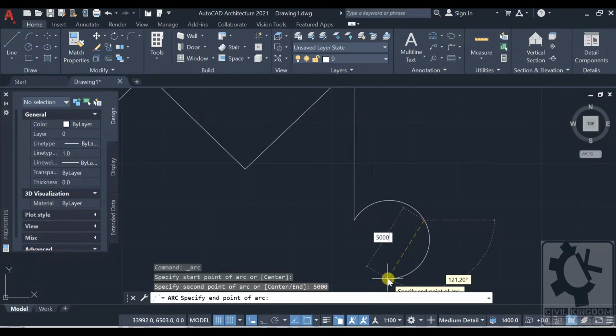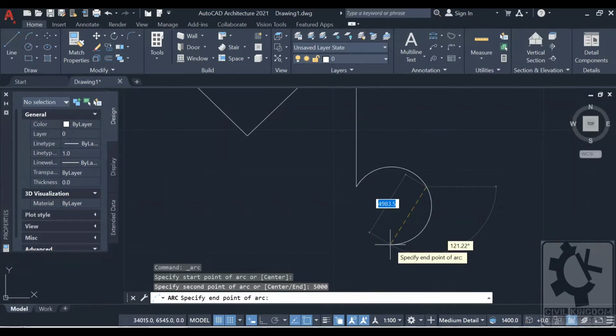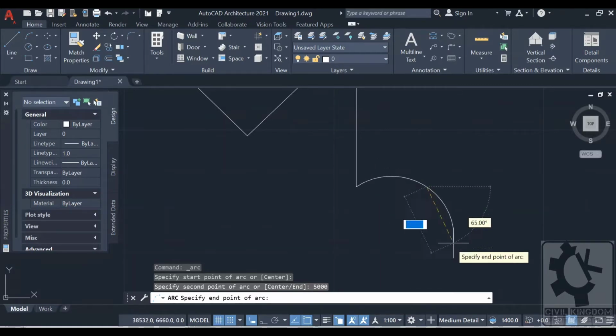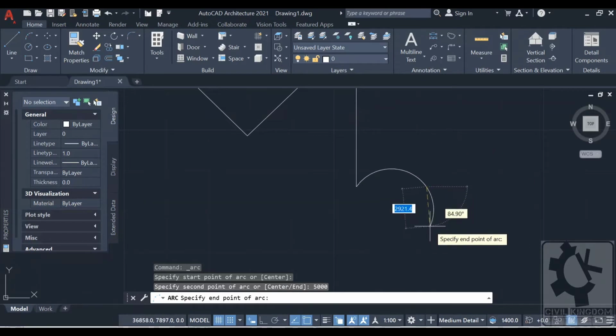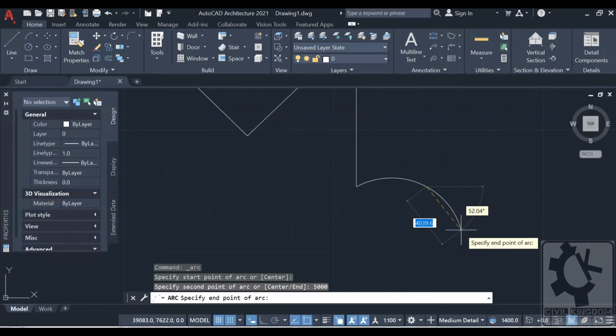You can also give the angle here by pressing the tab button in your keyboard, and the direction is up to you whichever way you want. Say I want 5000, tab, 75 degree. So that's your 75 degree.